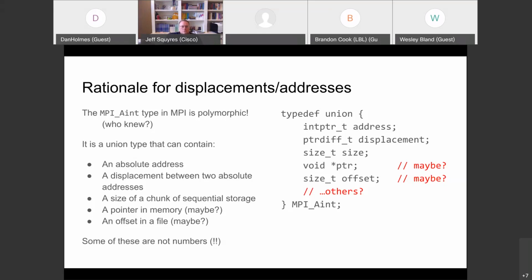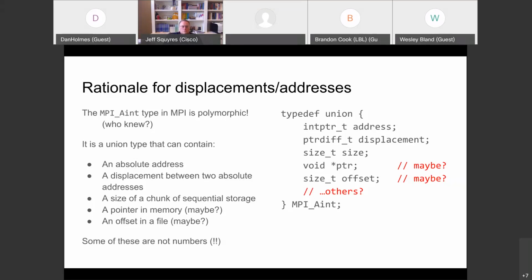This seems interesting to implement, but this is the way it is. If you supply MPI_BOTTOM to MPI_Send, then your data types become something that involves absolute addresses, and if you give the address of an actual variable, then all of the data type Aints become displacements at that point, and so you have to create the data type in the right way to use it in those two different ways. This is just deeper understanding of how MPI has been put together.